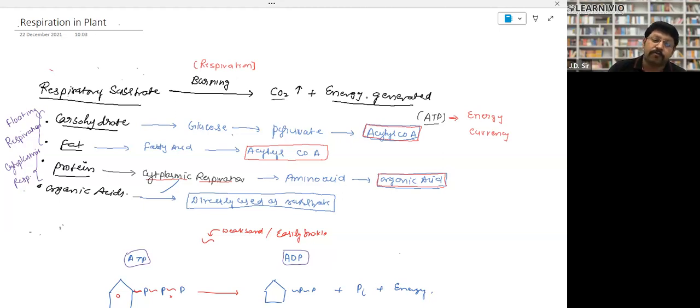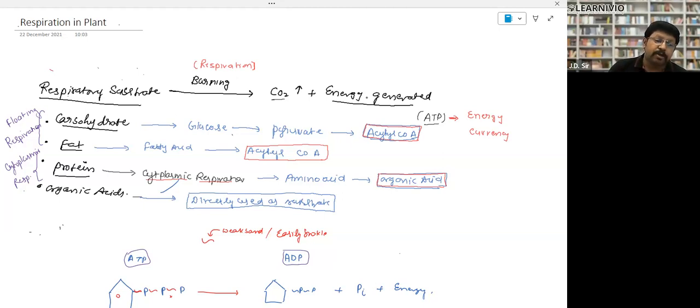Normally, the burning of carbohydrate takes place when carbohydrate is completely consumed. Preferably, the body requires carbohydrate for burning. But when carbohydrate gets consumed, then it comes to the fat, and fat is utilized. You know, the burning of fat takes place when we have less carbohydrate in our body. So when the respiratory substrate is burned in the form of carbohydrate or fat, we call it floating respiration.